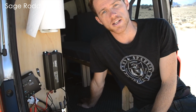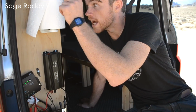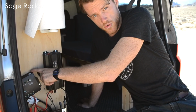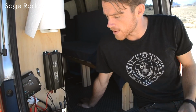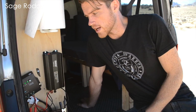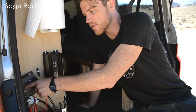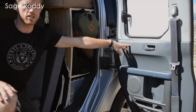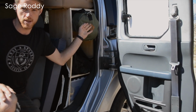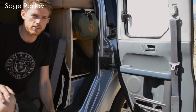He has a really good setup. Even with the solar panel, it doesn't seem to take up a lot of space. It doesn't seem to be overly complex. So you can see that people do crazy stuff to their Elements, and probably a whole lot more. He probably doesn't even need the solar panel, but if you're traveling for a really long time, it's nice to have. This is something that I really like, that when you open that suicide door, he can reach various things from that side. That's something I've never thought about, but makes great sense. I can grab things sitting on